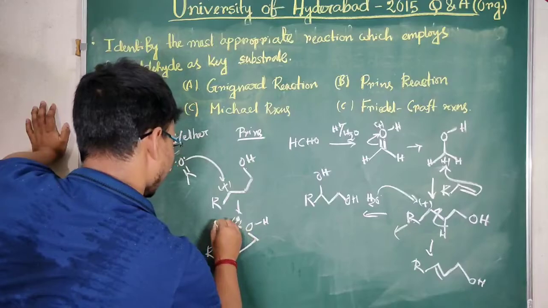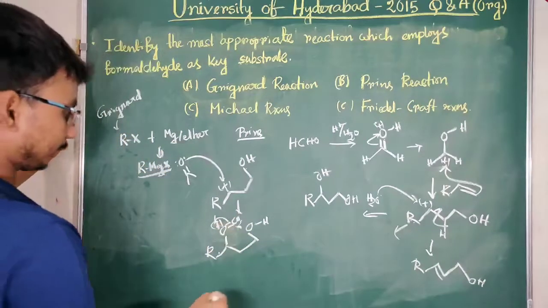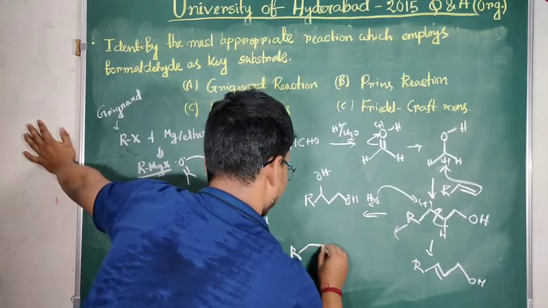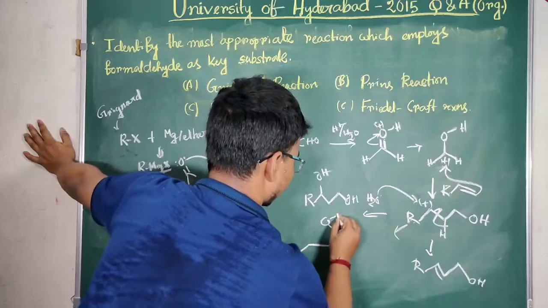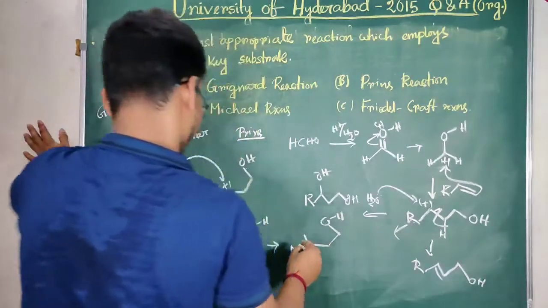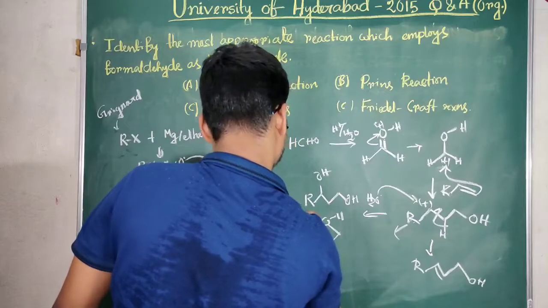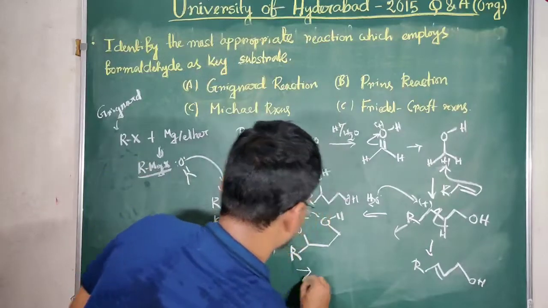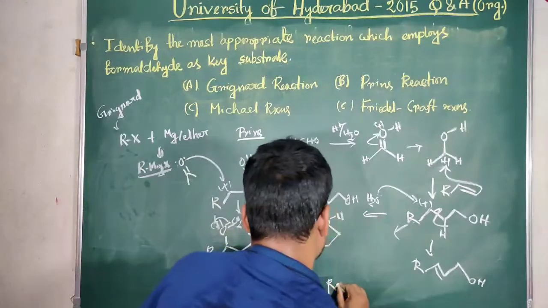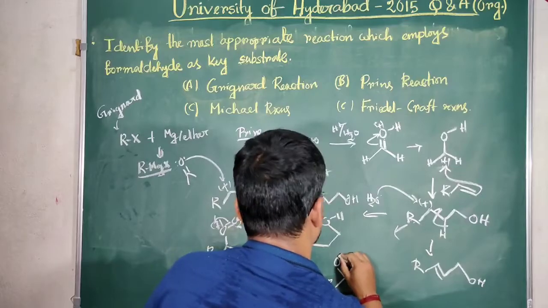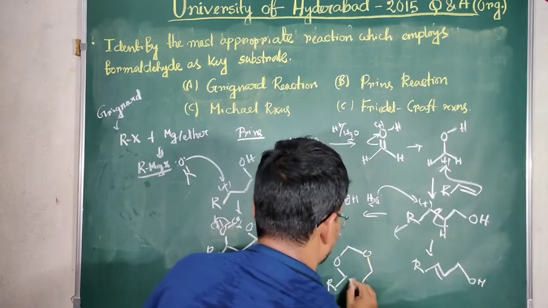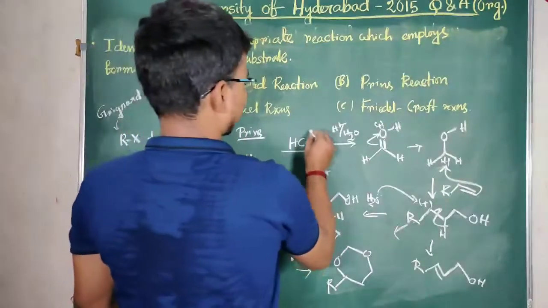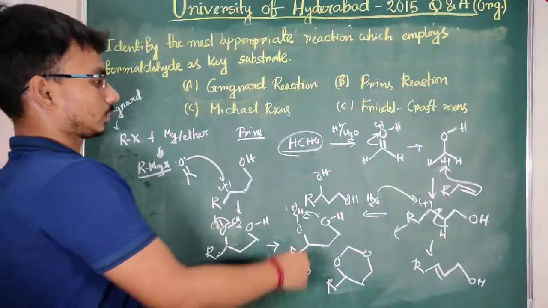CH2 here plus, it comes back, then what we will get? O CH2 plus, here the double bond attacks here, and we will get CH2O, this compound. So the ultimate thing is the starting material is HCHO for Prins reaction, and we can treat